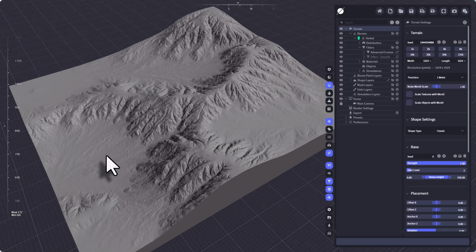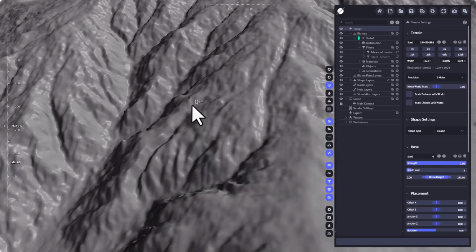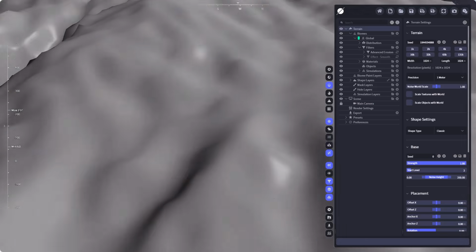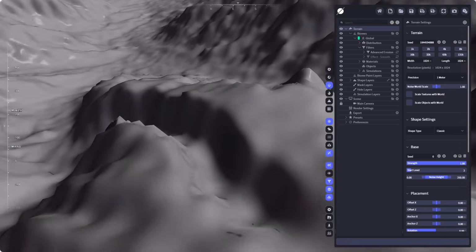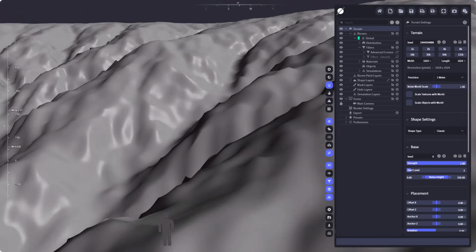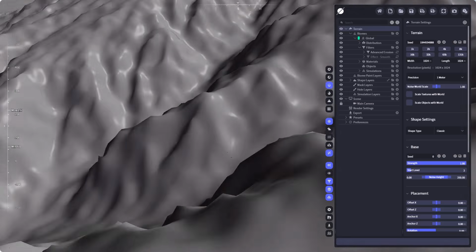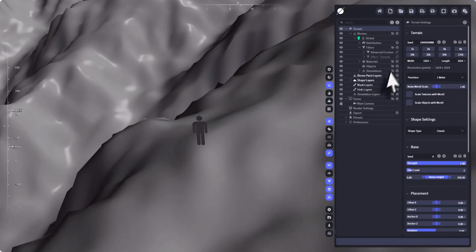Using any of those advanced erosion systems and filters in World Creator, you get a pretty nice erosion for your entire terrain. But whenever you move in for a closer distance, you can see that you have these sort of bumps, which might sometimes be interesting or wanted, but in most cases, like for game maps, they're really not wanted at all. So to get rid of them, add a smooth filter, but make sure to add that